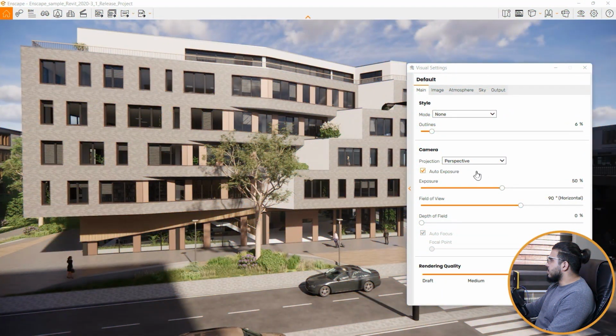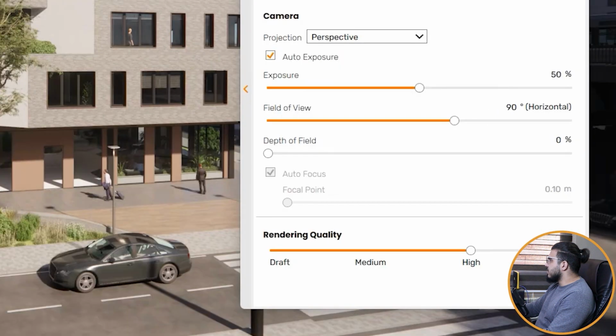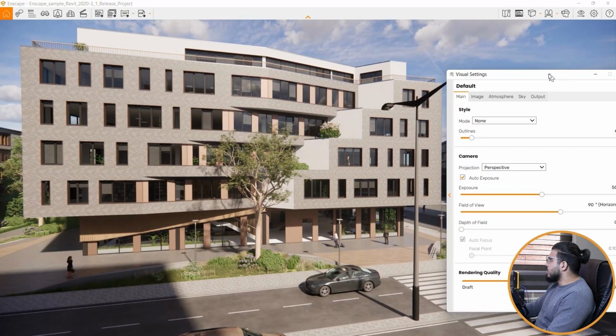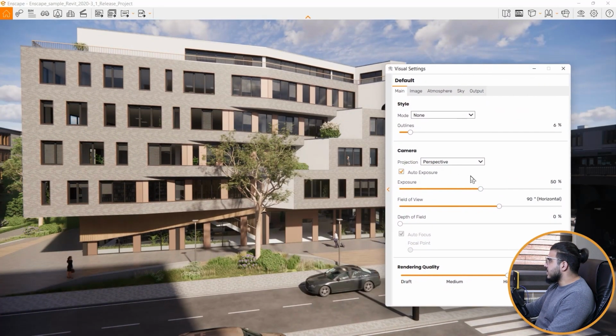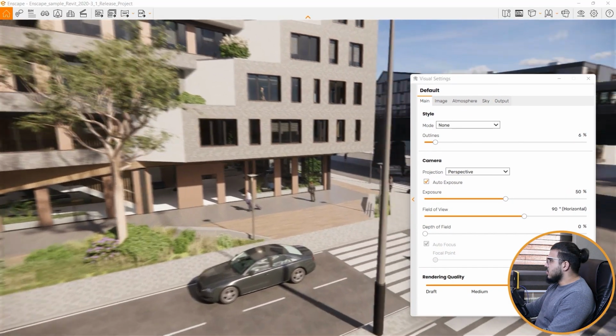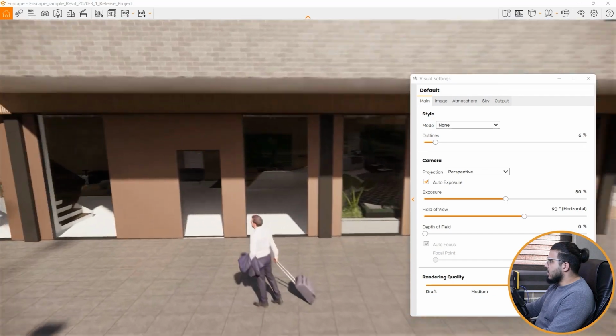The next parameter that we have is projection. For example, now we are seeing our project in 3-point perspective or perspective, and that's the mode you can use for moving around and working around.